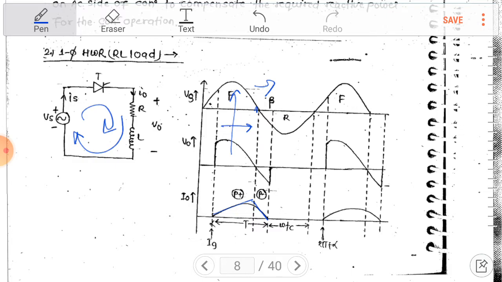So this is known as the extinction time, and the negative spike appears in the output voltage waveform, which results in negative power. And what is negative power? It is the power supplied from the load to the source. It means the load is delivering and the source is absorbing the power. The drawback here is that the power factor will reduce, because the total energy delivered by the source will reduce due to this. This drawback will be overcome by using a freewheeling diode. In the next part we will see.